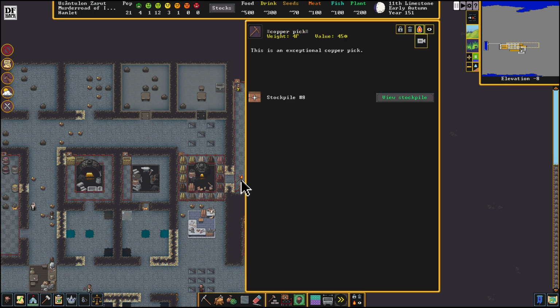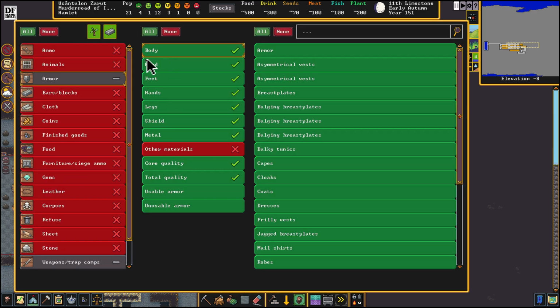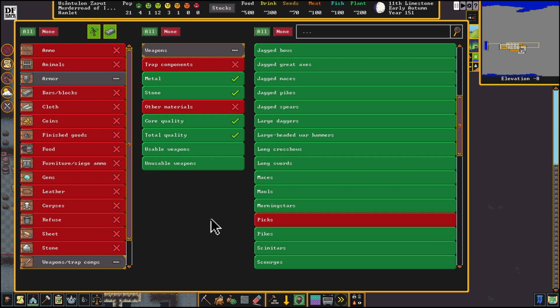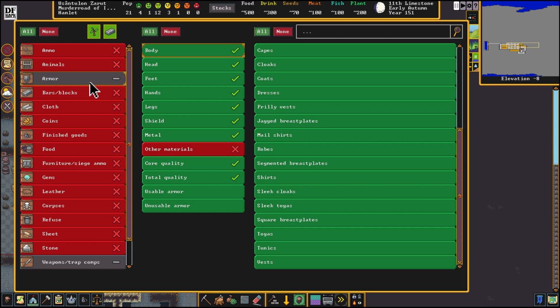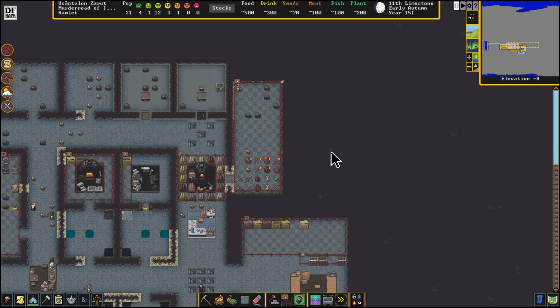The thing is, I don't want to melt these picks. So we're gonna turn the pick melting off, and then customize this stockpile further. Battle axes are disabled, and mining picks are disabled. Core quality, disable artifact and masterwork. The armor here as well, disable artifact and masterwork. And then I guess maybe over here,